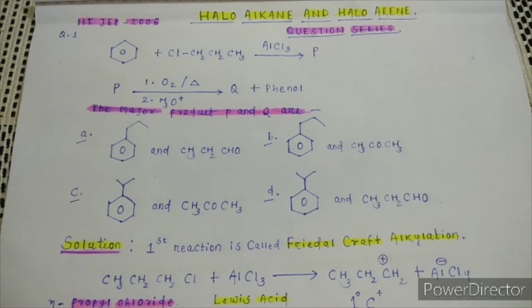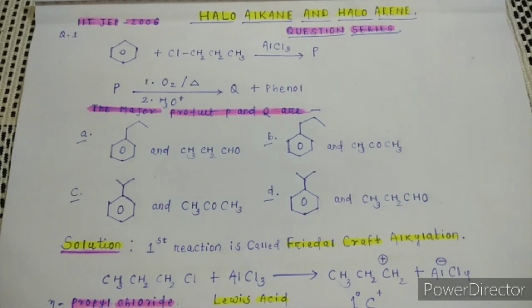Students, in my channel I will upload videos of questions and solutions, a series of videos, chapter wise. First we will start the first organic chapter of class 12, that is haloalkanes and haloarenes. First we will complete all the questions asked in previous years, like JEE Main, JEE Advanced and NEET level questions, and then we will go to the next chapter, that is alcohol, phenol and ether. Like that we will complete all the chapters of class 11 and class 12.